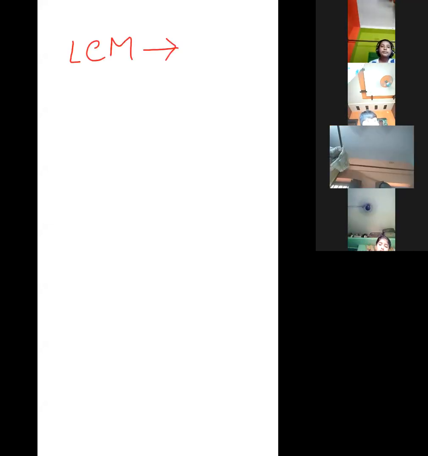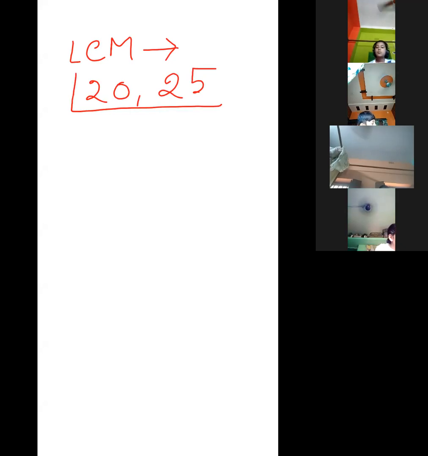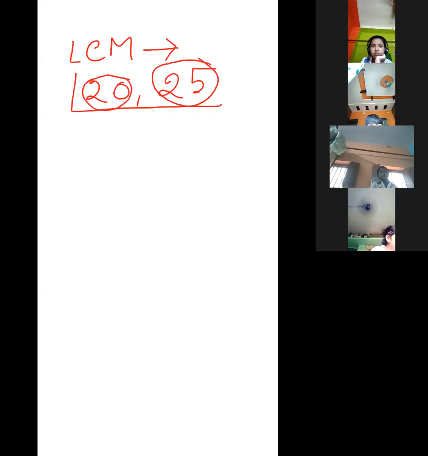First, let me complete some questions related to LCM, okay? Second one, find the LCM of 20 and 25. These all are from the book, page number 80. LCM of 20 and 25. This one is exercise B, number D. Acha, now which one? Shoykot Bera, sit properly. Shulagna, which number should we take so that both numbers will be divisible? 5, na? 5 we can take, okay.